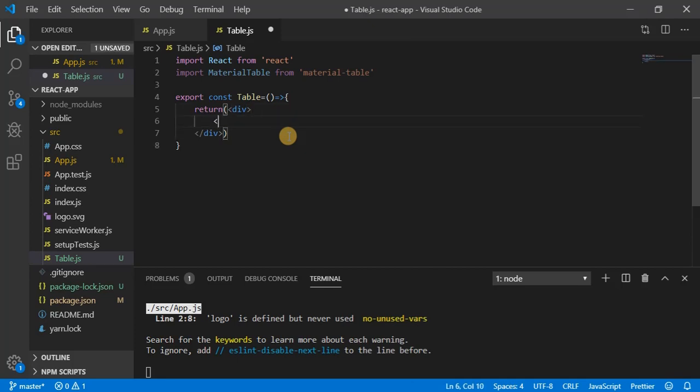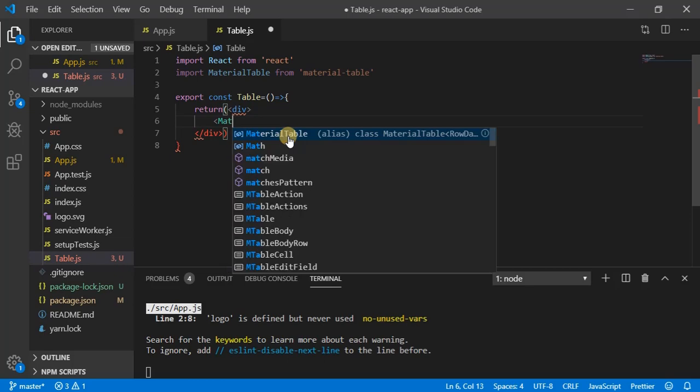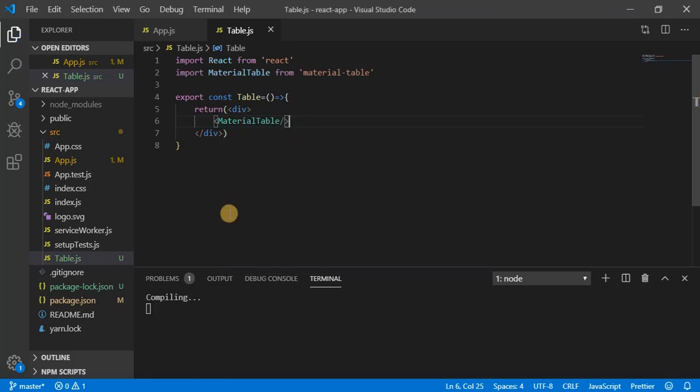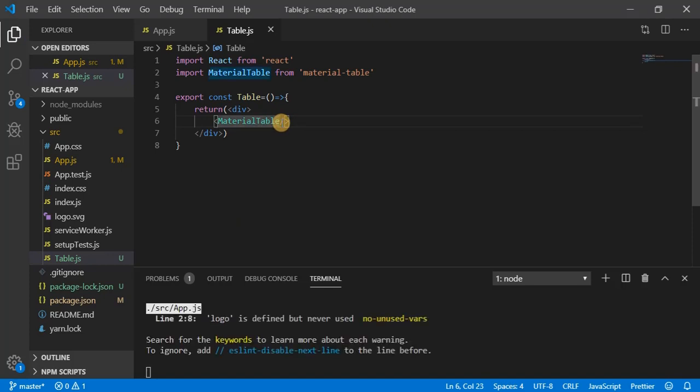So next what we have to do here is start writing code for the table. So let me write material table, and let me close this one. Okay, so we have to pass here a couple of parameters. So the first parameter is going to be title, and you can give the title as a string.